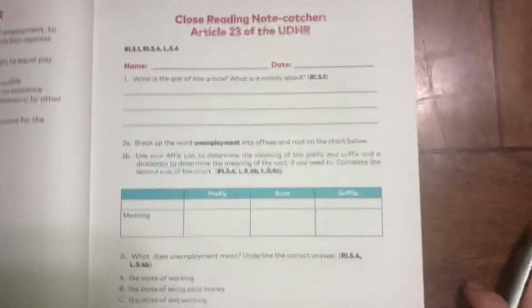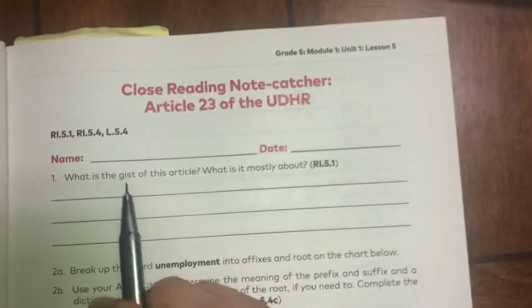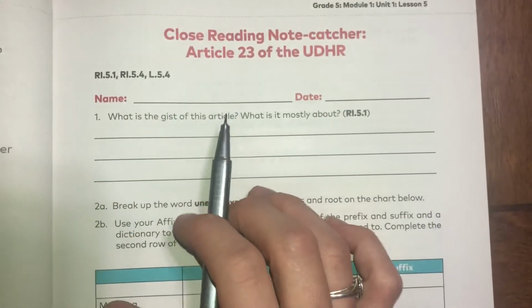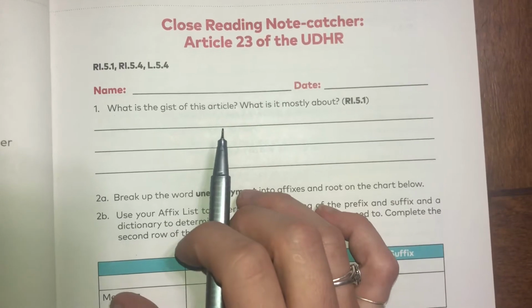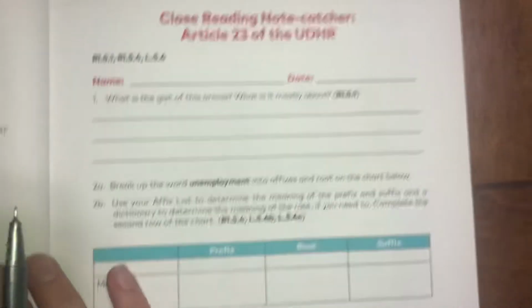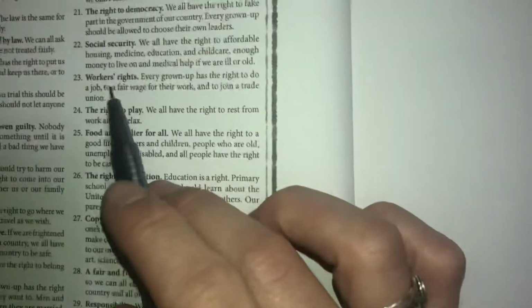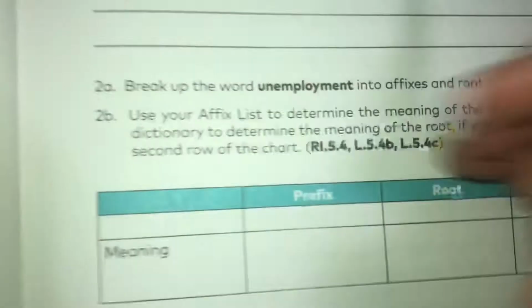So let's go over to our Close Reading Note Catcher. So you should already be assigned, so you shouldn't have to worry about your name and date. What is the gist of this article? What is this article mostly about? This article is mostly about, let's go back to the actual article in Article 23. And this article tells me kind of the gist at the beginning. It's about workers' rights. So I'm going to write